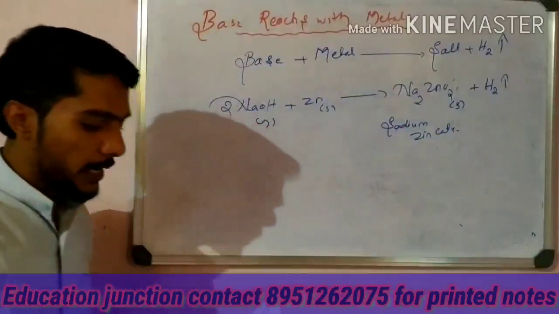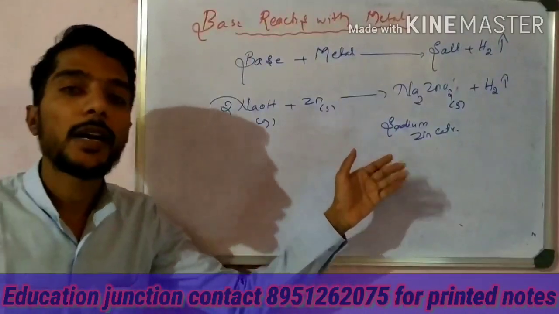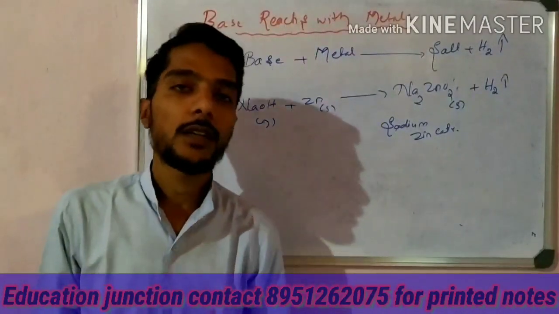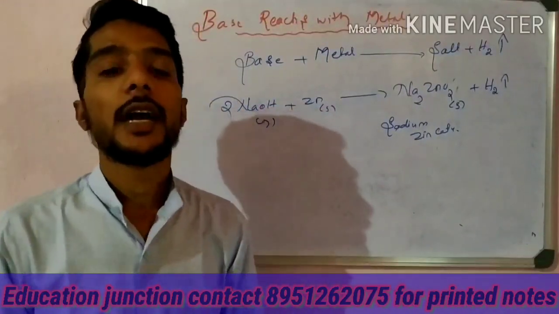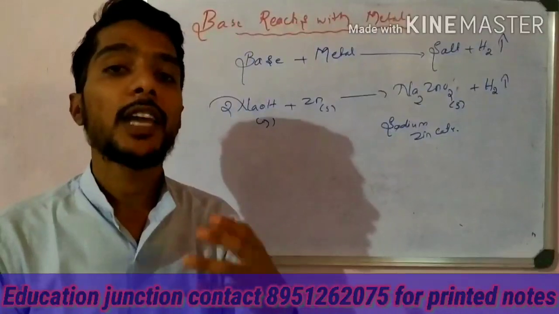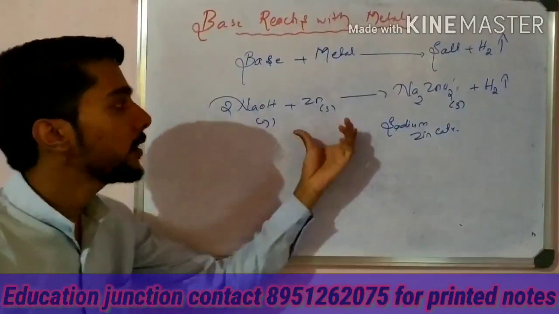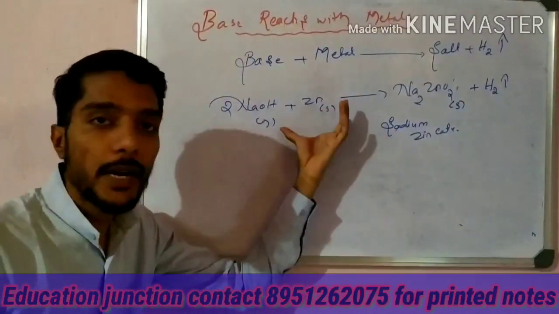Sodium zincate, and that is a very important reaction, students. In the examination, they ask what happened when metal reacts with base. Give the chemical equation, or maybe the question asks what happened when sodium hydroxide reacts with the zinc. Write the product name and write the chemical equation involved. That is very important. When sodium hydroxide base reacts with this metal zinc,